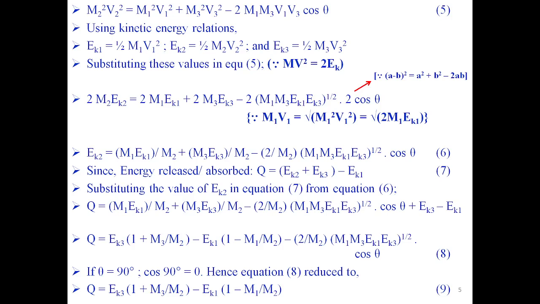The last term is minus 2 m1 m3 v1 v3 cos theta. So here we get m1 v1 and m3 v3. Here m1 v1 is the root of m1 squared v1 squared, which becomes the root of 2 m1 Ek1. So we are substituting this in order to get the equation. And finally,